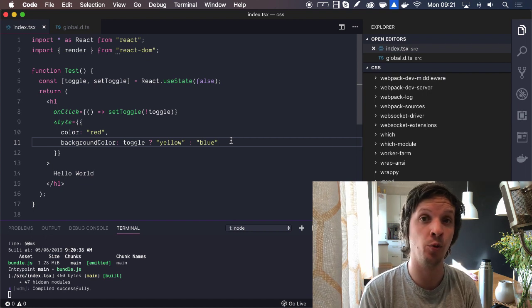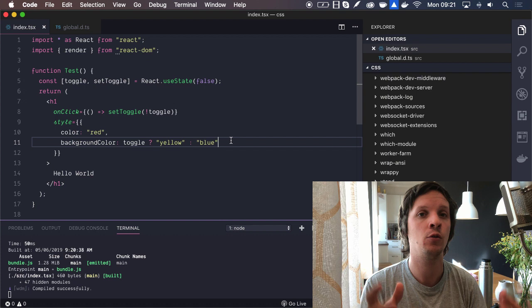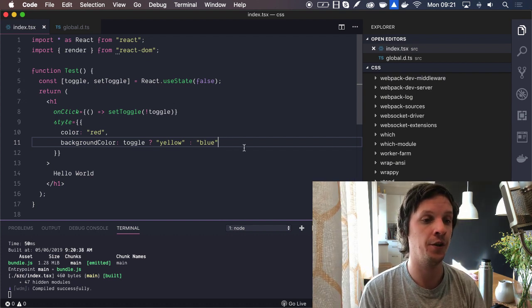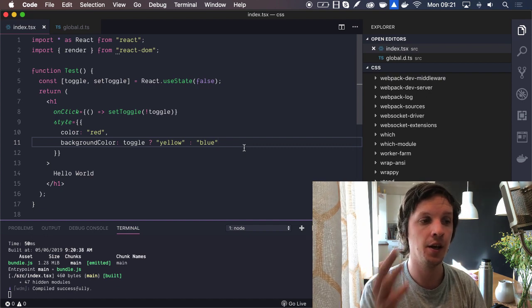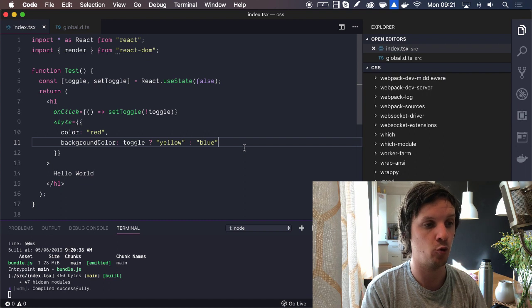And that's kind of like the point. You shouldn't worry about the technology here. This is all about developer experience, and you get all the performance under the hood. And this also works with server-side rendering, so you will get the critical CSS and everything straight out of the box.